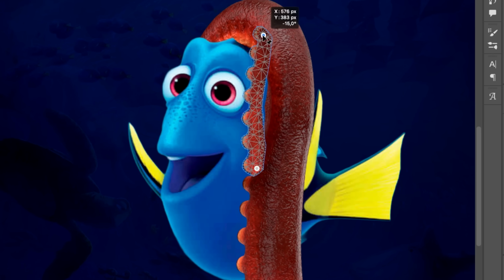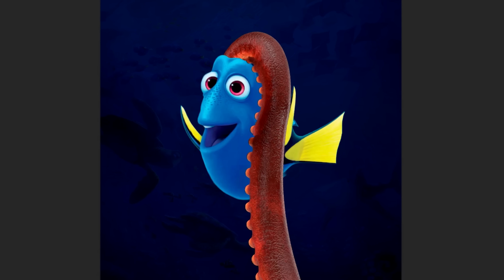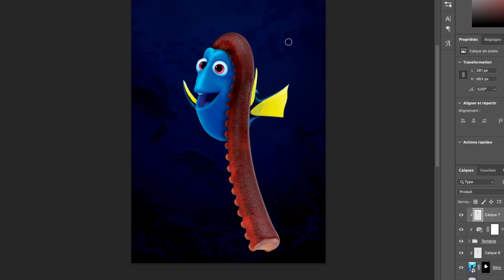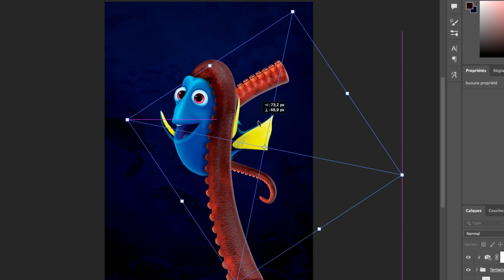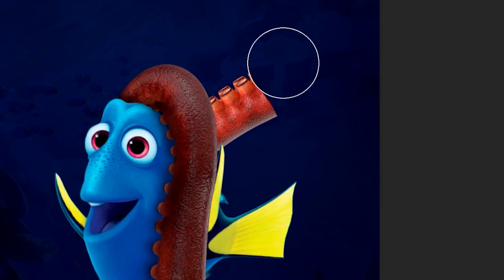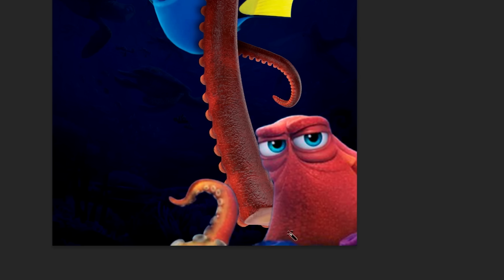But anyways, let's puppet warp these suckers on the tentacle. This doesn't look very realistic because it needs some contact shadows, but also because we should be able to see the other side. So let me import another 3D tentacle and mask out the part we don't need. But the tentacles are not attached to anything, so we need to steal the octopus from the original poster and